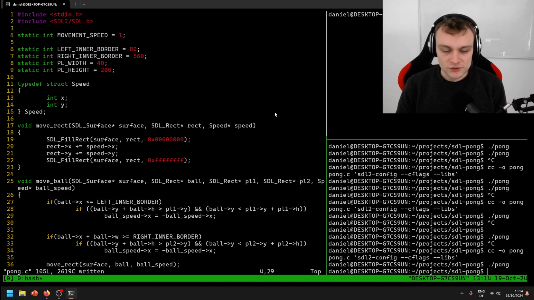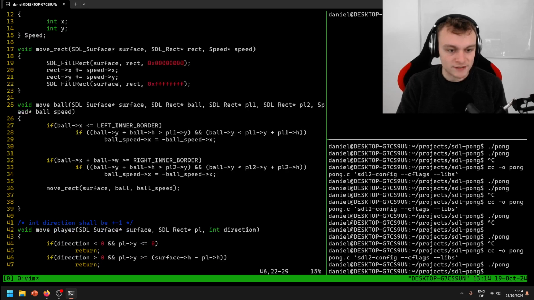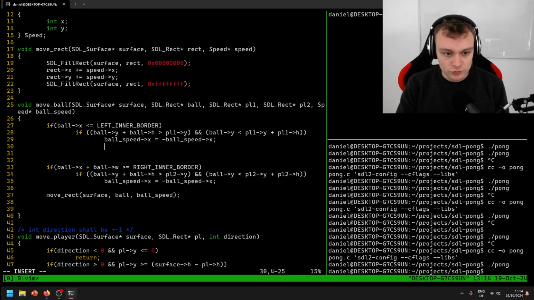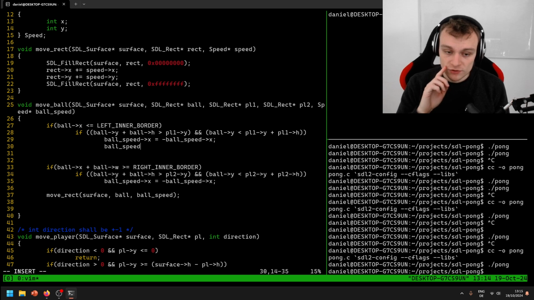Perfect. So that is the ball moving, and now I would like to get the ball to reflect in different directions depending on how exactly it hits the rectangle, the player 2 rectangle. So what do we do? If the ball hits the rectangle, we set the ball speed. We invert the ball x speed, and now we have to create a y speed and set that to